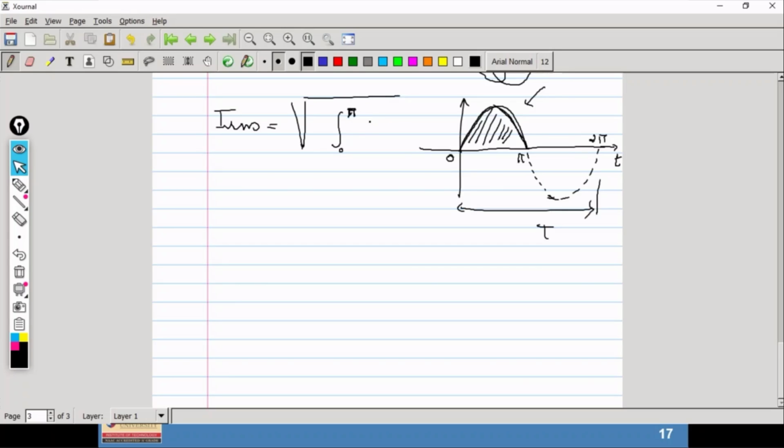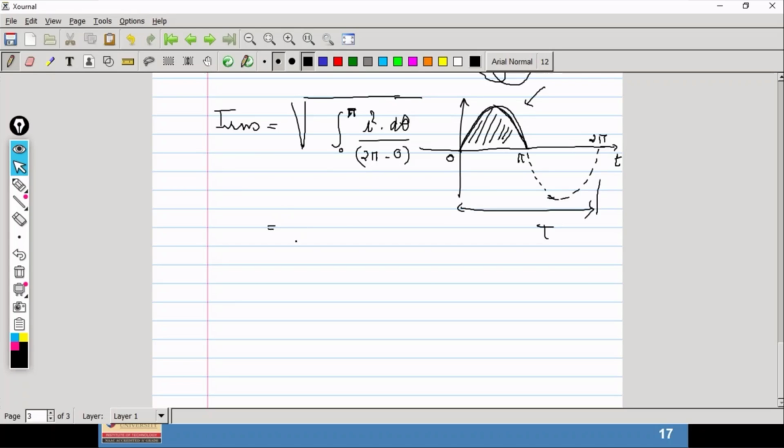Fine. And I square into d theta over the range of 2 pi to 0, because this is the whole sine wave, the whole cycle, but here we only consider this half. So here we have to consider the time period is 2 pi minus 0. Got it? We are integrating the area from 0 to pi, but over the period of t. So 2 pi minus 0. So this way we can find the RMS value of a half wave rectified.